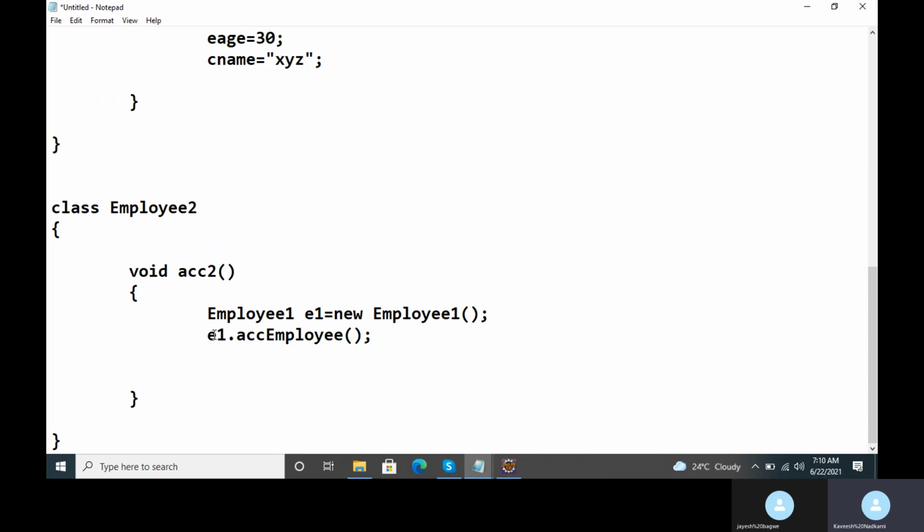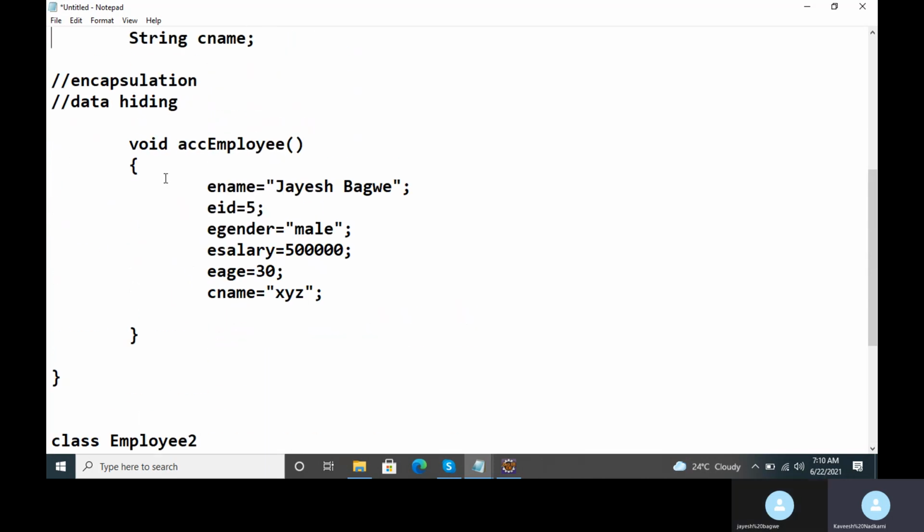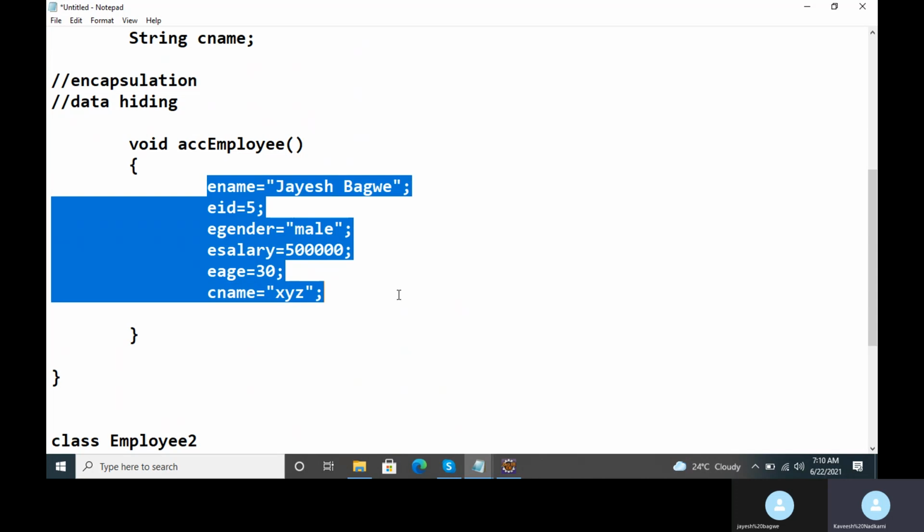So when I call E1.accept employee, automatically whatever values I have assigned to the data members for E1 object will be assigned here, one line by line. Clear?